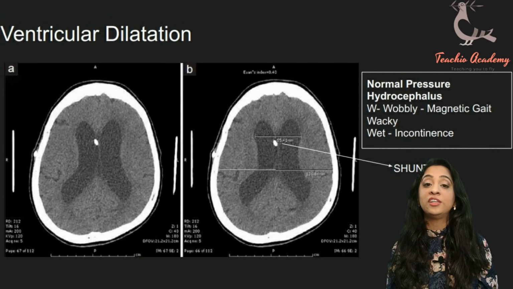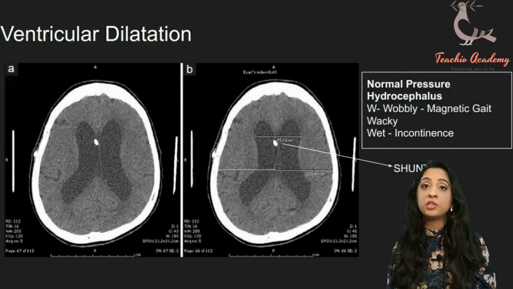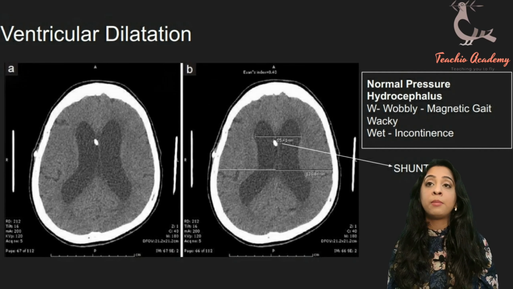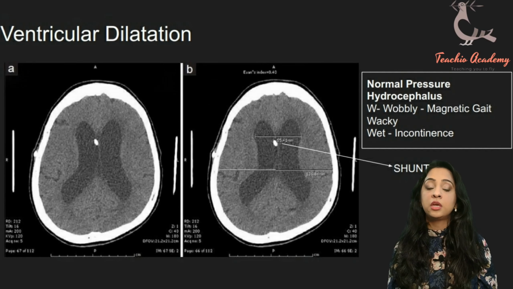This is actually the way I try to remember it, by the 3 W's. So wobbly, someone who's got abnormal gait; wacky, someone who's got abnormal mentation; and wet, which is someone who's got urinary incontinence. Now a person presenting with these symptoms might have normal pressure hydrocephalus. That's basically that when you measure the pressure of the CSF, it's going to be normal, but the ventricles look dilated as if there's an obstruction in the ventricular system. Don't get confused. If you see wobbly, wacky, wet and see that, you're going to just tick normal pressure hydrocephalus and you're going to pass your PLAB 1 exam.